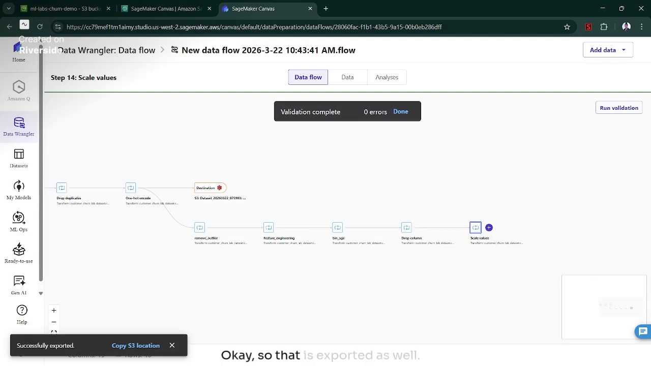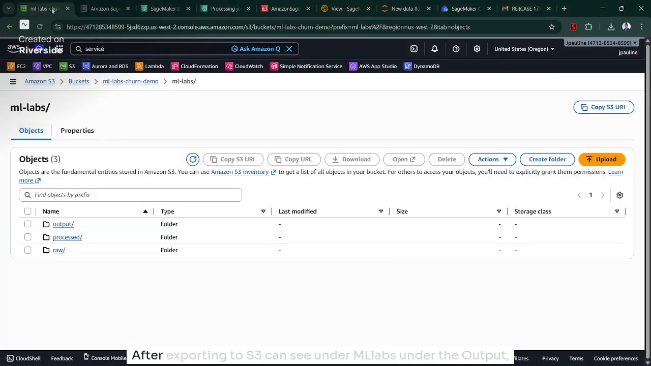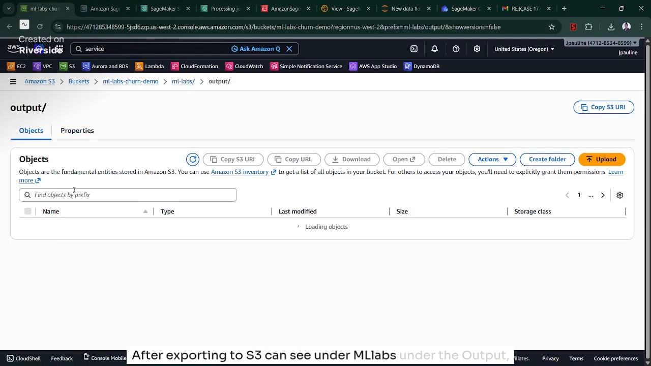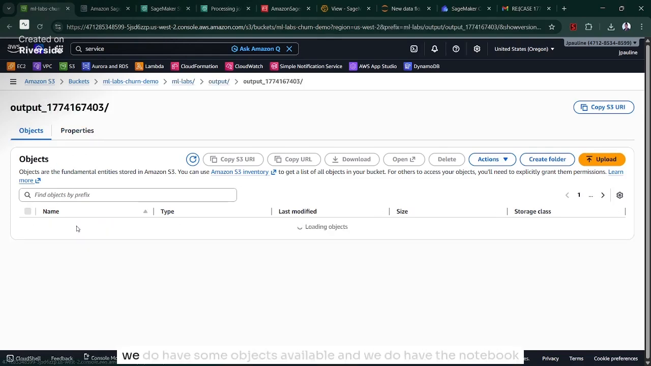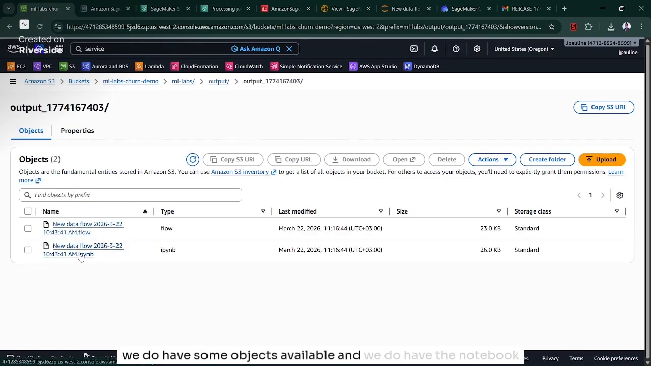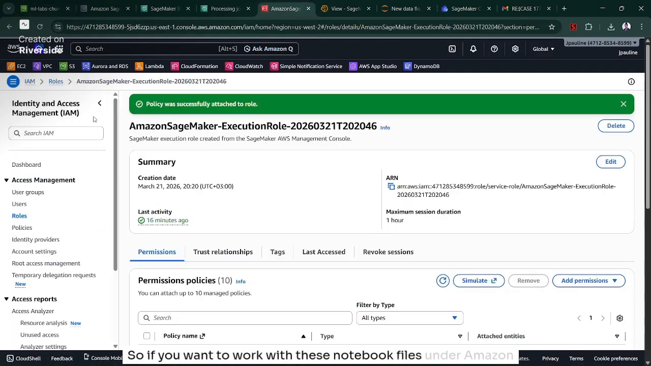Okay, so that is exported as well. So we can go ahead and review our notebook. After exporting to S3, you can see under ML Labs, under the output, we do have some objects available, and we do have the notebook file that is available over here. So if you want to work with these notebook files,